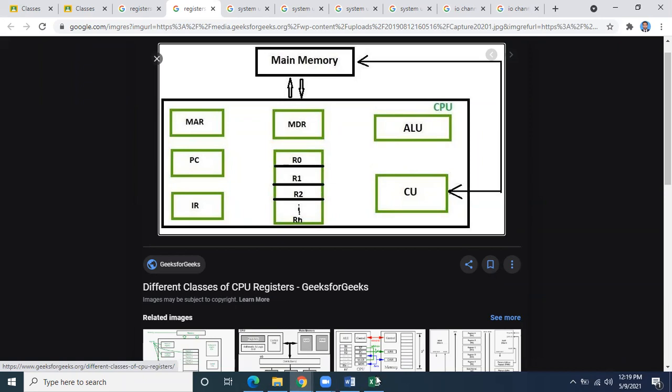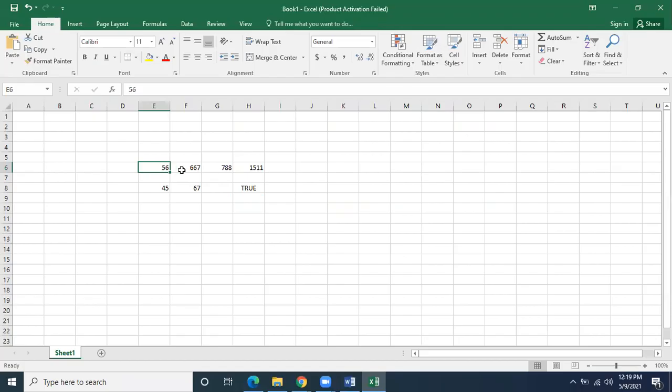For example, when I am entering this data, it will go to the memory data register. I want to add them. Adding means performing an arithmetical operation, the plus sign. This addition is basically the instruction, so it will go to the instruction register. What to add? This data, for example X and Y. These values will go to the memory data register, the MDR.